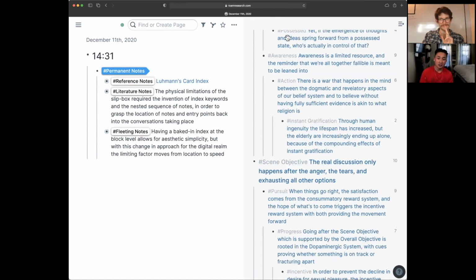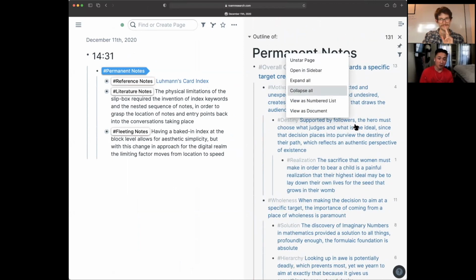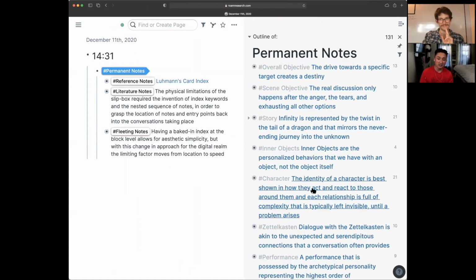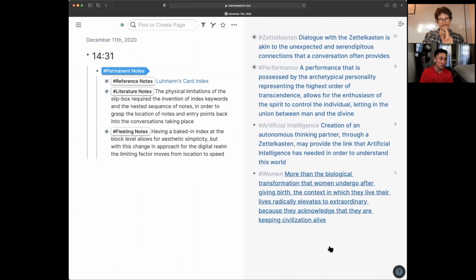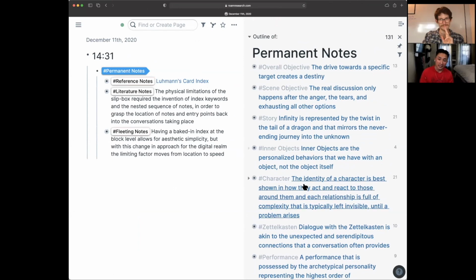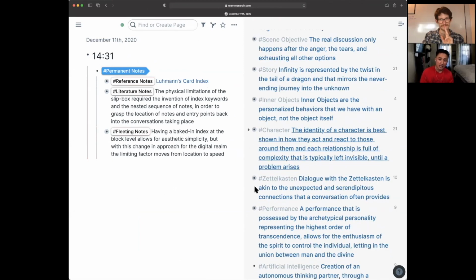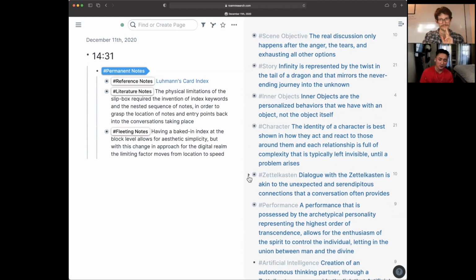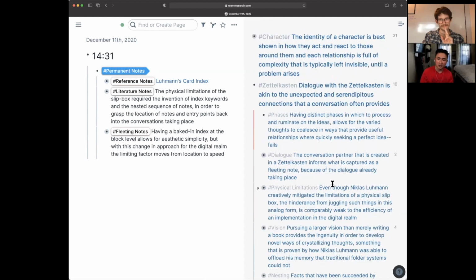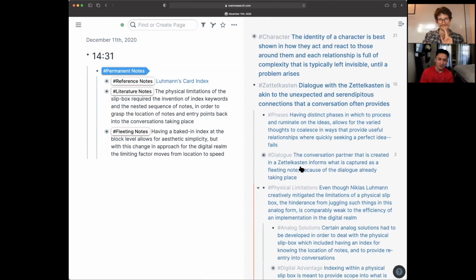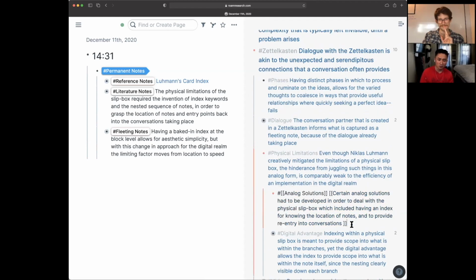So I'm going to collapse this real quick. So now I have 1, 2, 3, 4, 5, 6, 7, 8, 9 different parent level blocks, conversations that I have going, right? And I see the literature notes, I see the fleeting notes here, and I go, where does this best fit? And I'm going to say Zettelkasten here, right? And then I go, okay, where does this best fit? And then I go, Zettelkasten, I think it's physical limitations, right? And then obviously I already wrote the permanent note here. So what I'm going to do is,